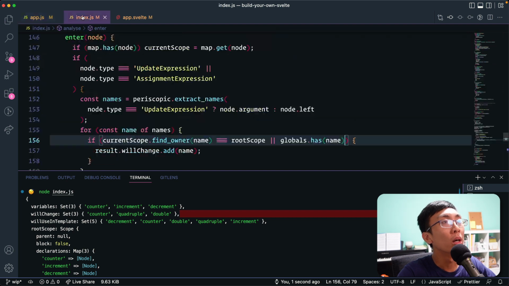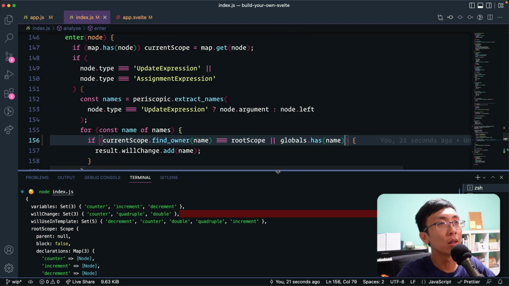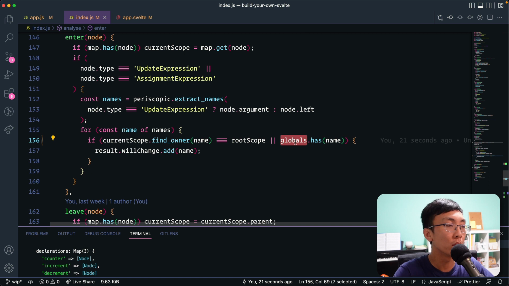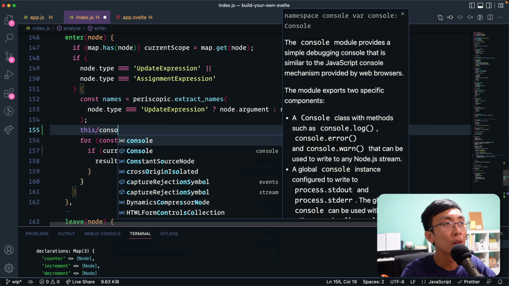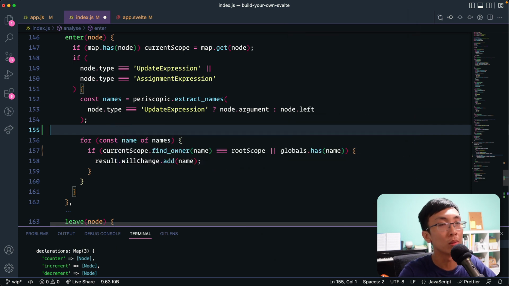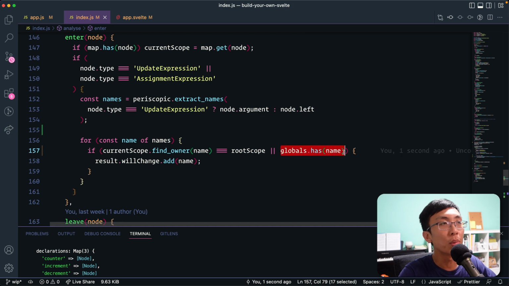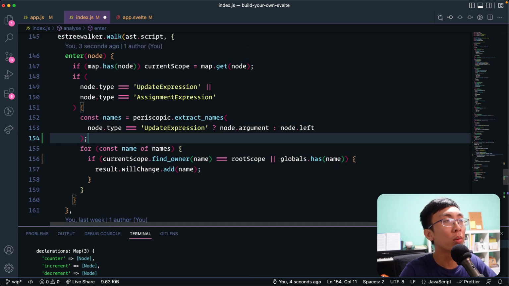So you may be asking, is this the most correct way? Because what if you are changing, say, console or something that is like a global API in your JavaScript, right? Like the this or console or whatever. I mean, you are right. So this is temporary. I think a better way is to